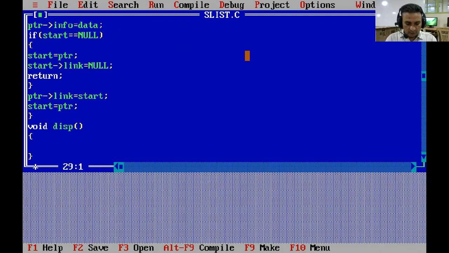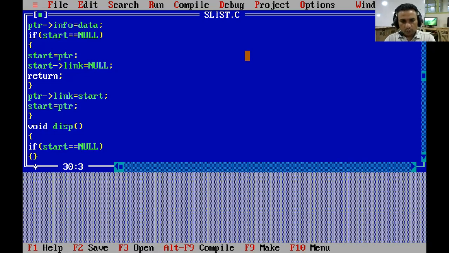So in the process of displaying a linked list, two cases might be possible. The linked list may be empty. When the linked list is empty, start contains a null value.